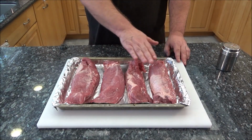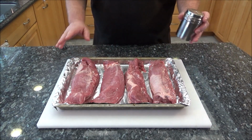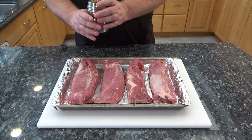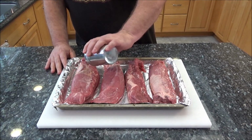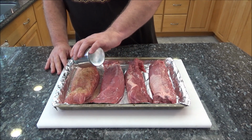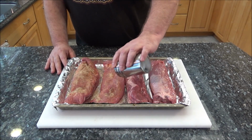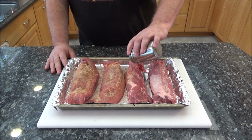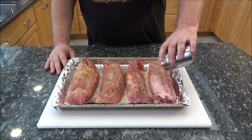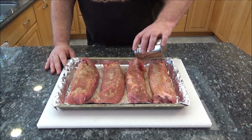Alright guys, so I have the pork tenderloin laid out here. There's a little bit of fat and stuff, but I'm just going to go ahead and season these up. I just took these out of the package, so they're still a little bit wet. So, you know, if they're dried out, go ahead and apply some olive oil as a binder, but the rub is going to stick fine to these as they're fresh out of the package and they're still wet. So you know how this works. We season all sides good, and I'm going to let these sit